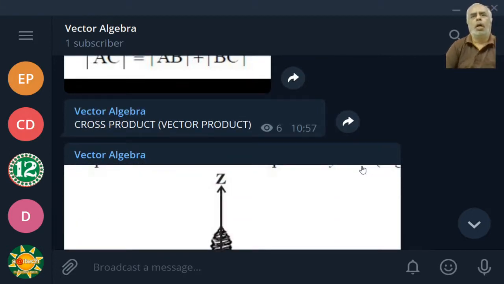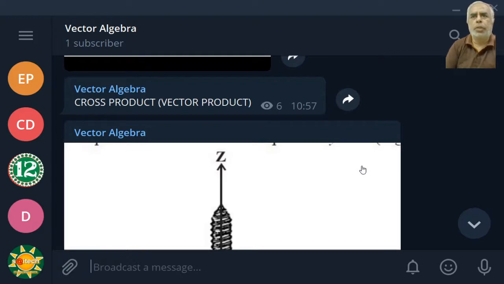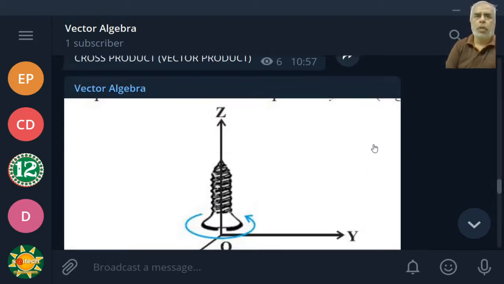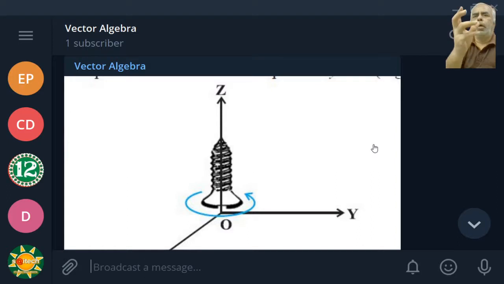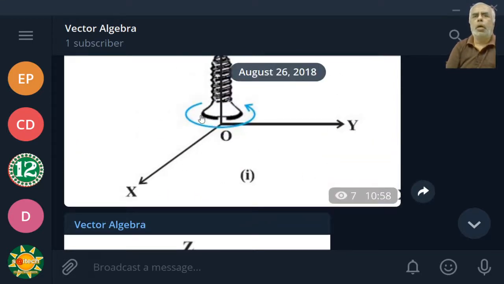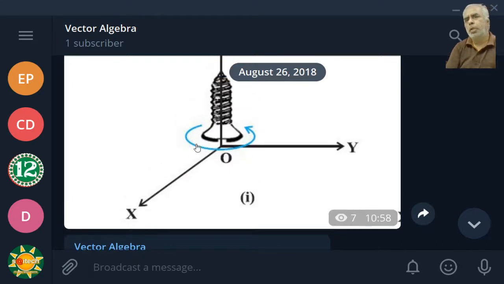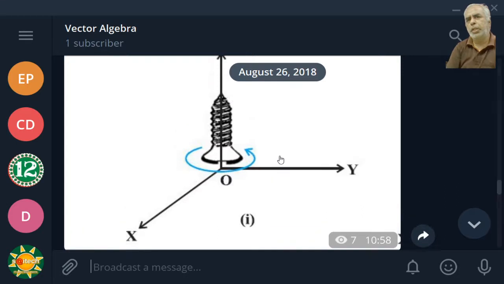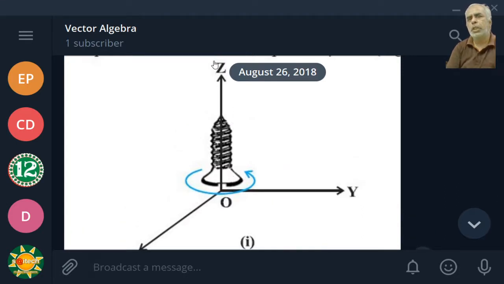Now let us discuss the cross product, which is nothing but the vector product. Here you should recollect the corkscrew principle. When you unscrew or screw, the direction reverses, is it not? So similarly, along the XY plane, it rotates in this way; a clockwise direction means there is an upward movement towards the Z axis, a perpendicular movement, normal to the XY plane. Are you able to follow this?